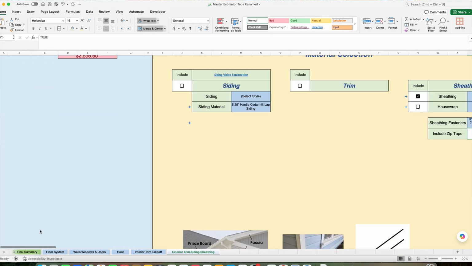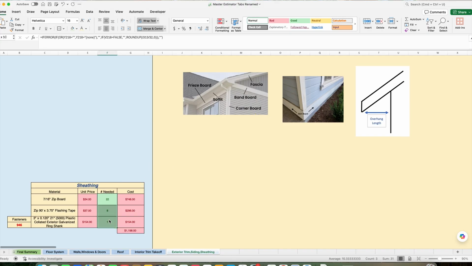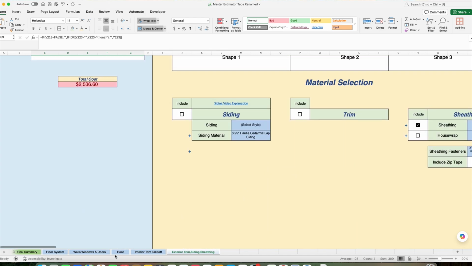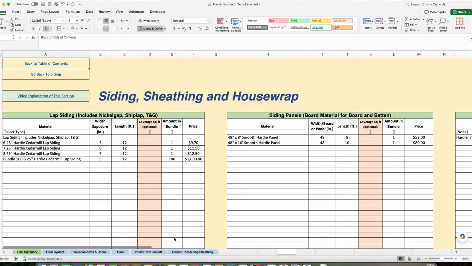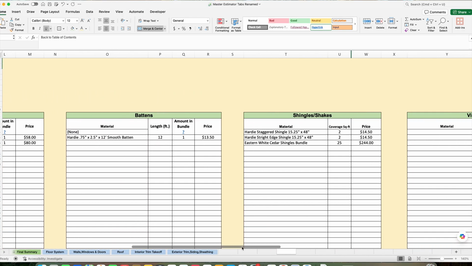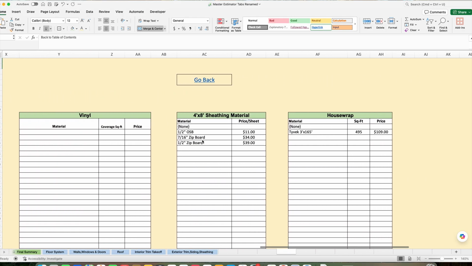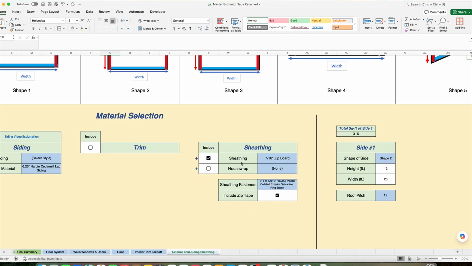And that will tell you down here how much zip tape you need, how many boards, and even how much fasteners you need, right? Now, if you want to change any of this material, once again, click the plus sign. It'll take you to the section where you can add material right here if you want. So once again, this is important, that this sheathing, the only thing really that we need to know about this